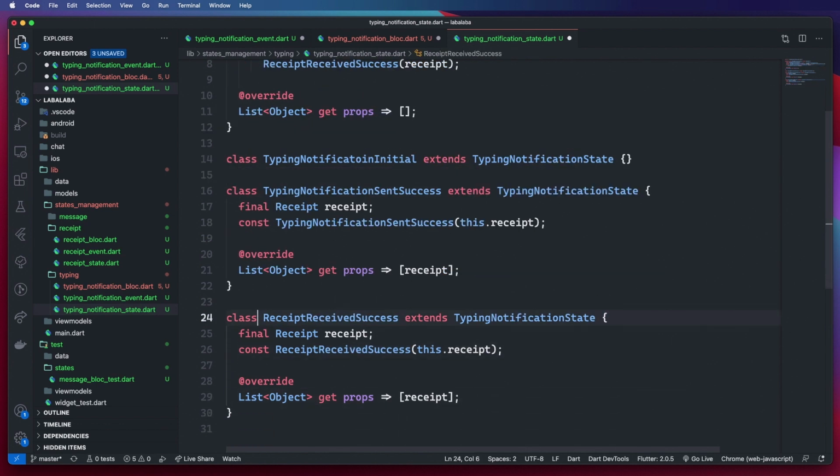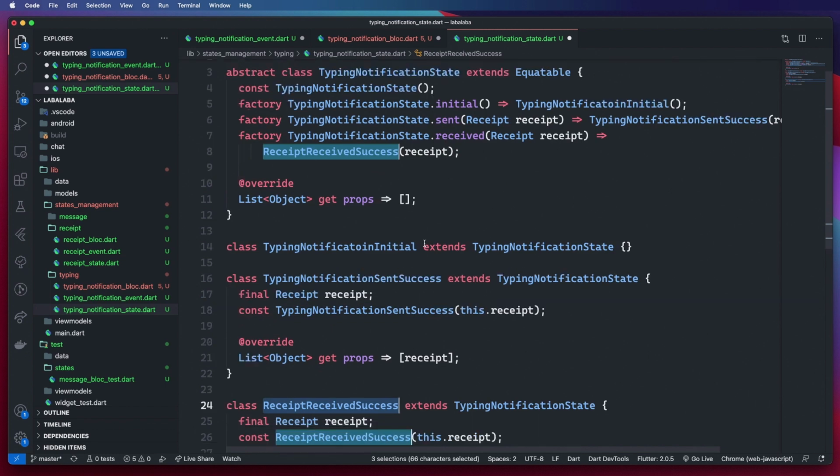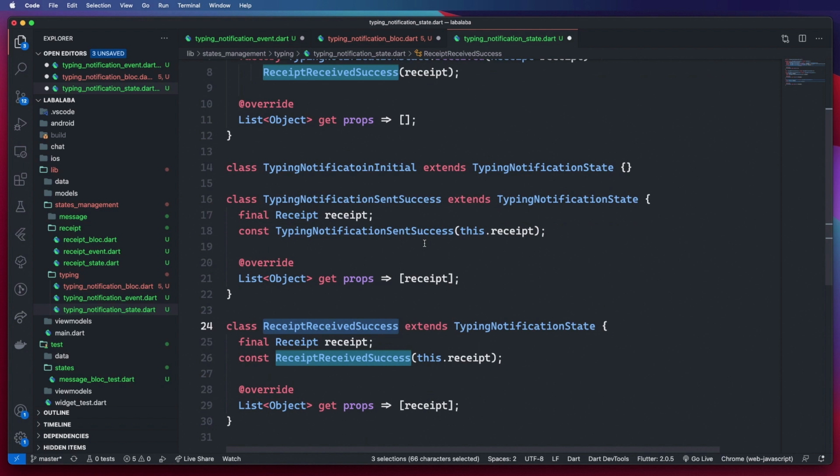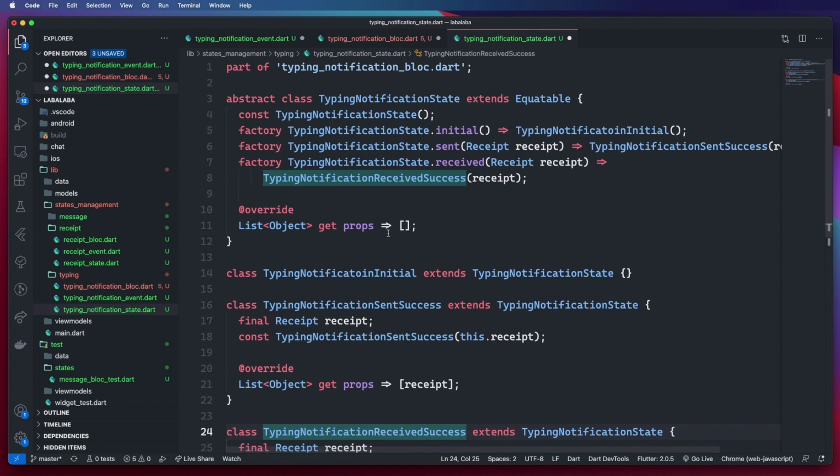Then we'll rename our received to typing notification received. So now we'll have to just refactor wherever we see receipt. We'll refactor those to say